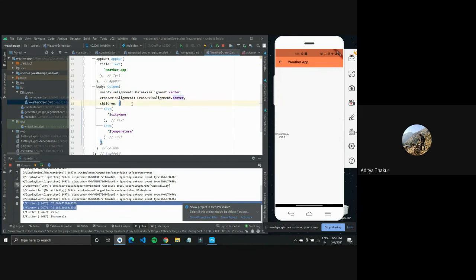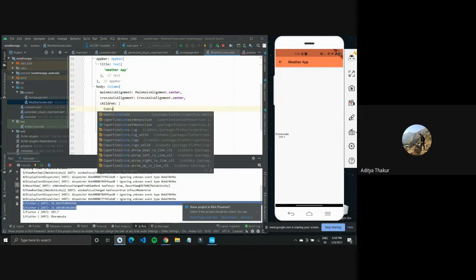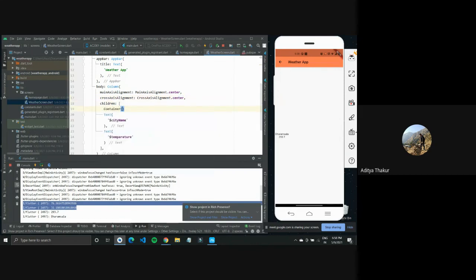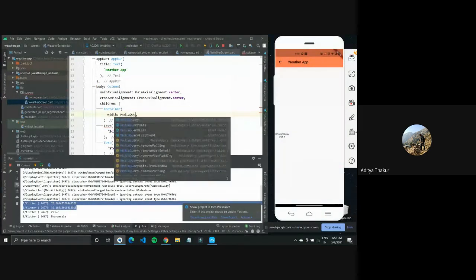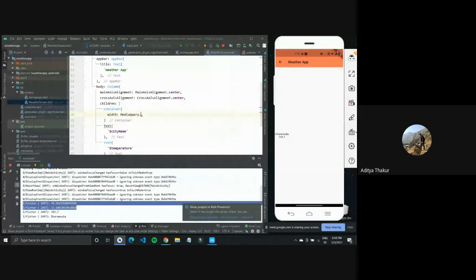And also, what I can do is make a new container and use media query to get the width of the screen. Coming down to my text widget, there is this property that you can modify for all text widgets, which is called style.